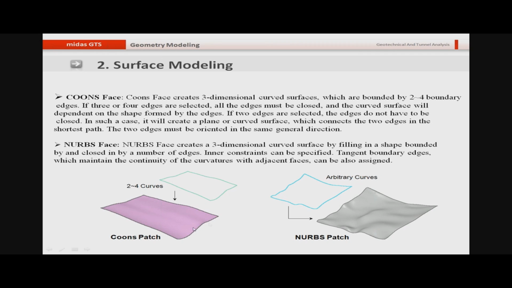So as you can see here, it will interpolate between these 2 lines and it will try to create a balanced surface. So in such a case, it will create a plane or the curved surface which connects the 2 edges in the shortest path. So here it will connect the 2 edges in the shortest path, but before connecting the 2 edges, it will divide the edges